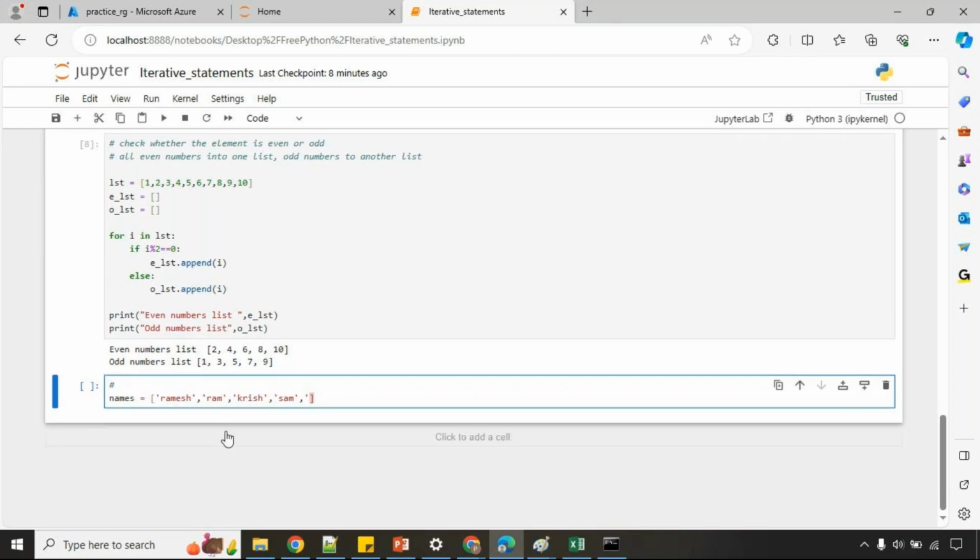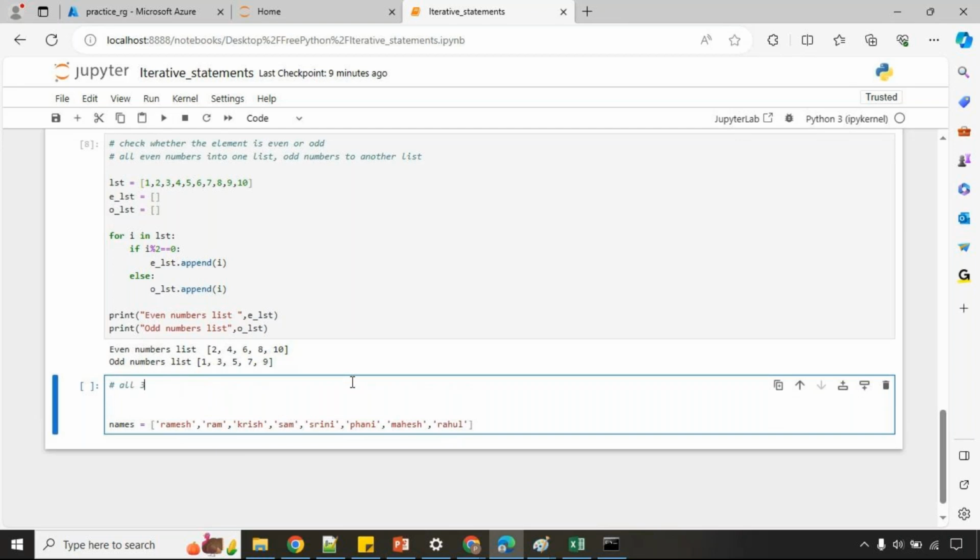Ram, Sham. Three, four letters, we are having Krish, Srini. And then five letters, we are having Krish, Srini, Funny. So you can take anything, Mahesh, Rahul. Now my requirement is